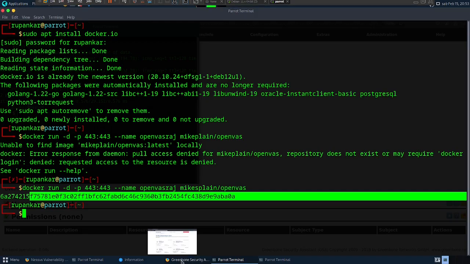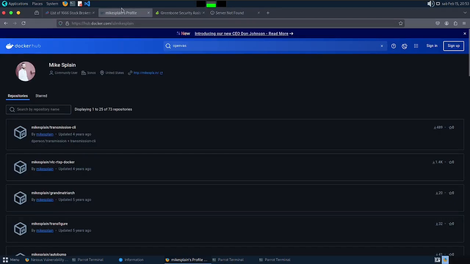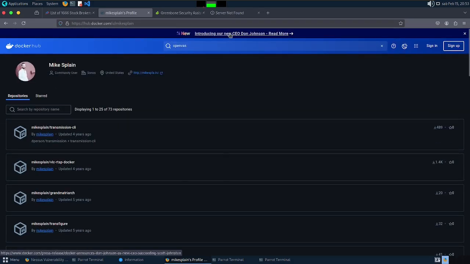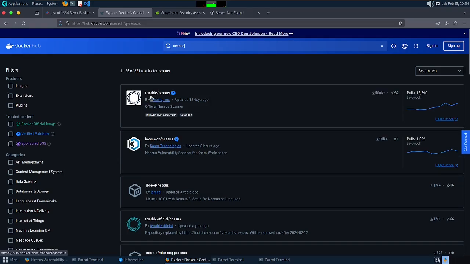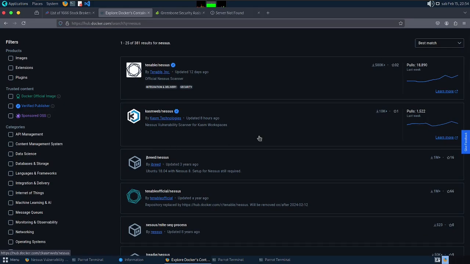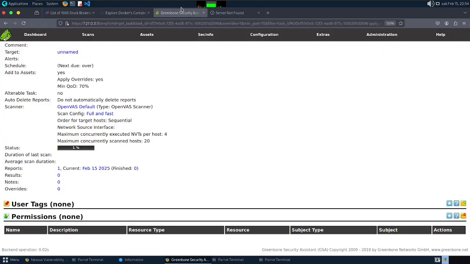I hope everyone knows I have installed it from dockerhub.com. So this image I was using to run my Docker. It's similar if you want to run Nessus over here. You can use the Nessus image from here also. Like the Tenable Nessus images are here. In that case, you don't need to install Nessus with all the commands. You can simply install directly from here, and similarly Nessus will also be running on your localhost